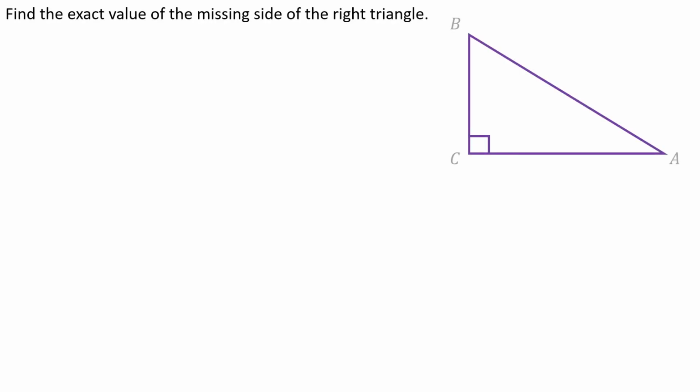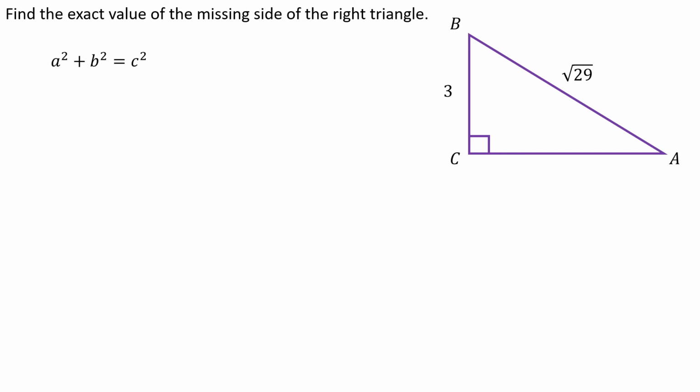Okay, so missing value of right triangles. Again, we took a peek at this already in the previous unit. But some of you seem to want to grab calculators and come up with some weird decimal answers. And we're like, no, no, no. We do not want to grab a calculator and come up with weird decimal answers. First thing I want to do every single time is write down a squared plus b squared